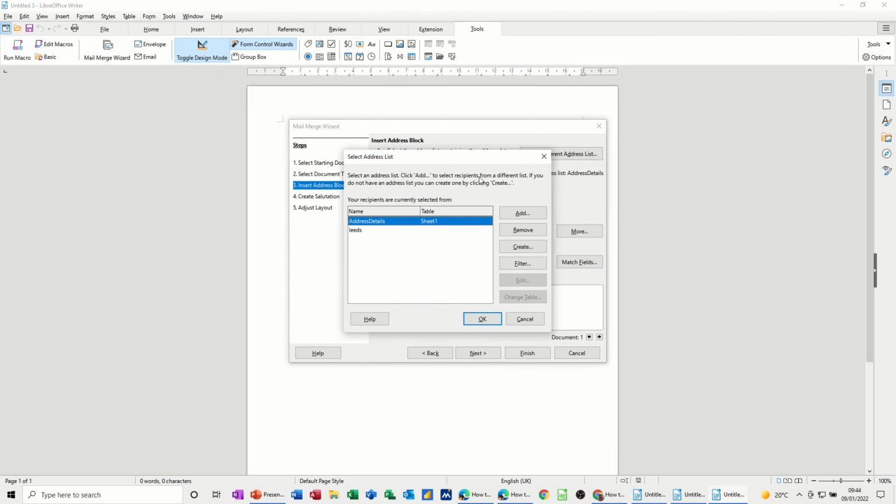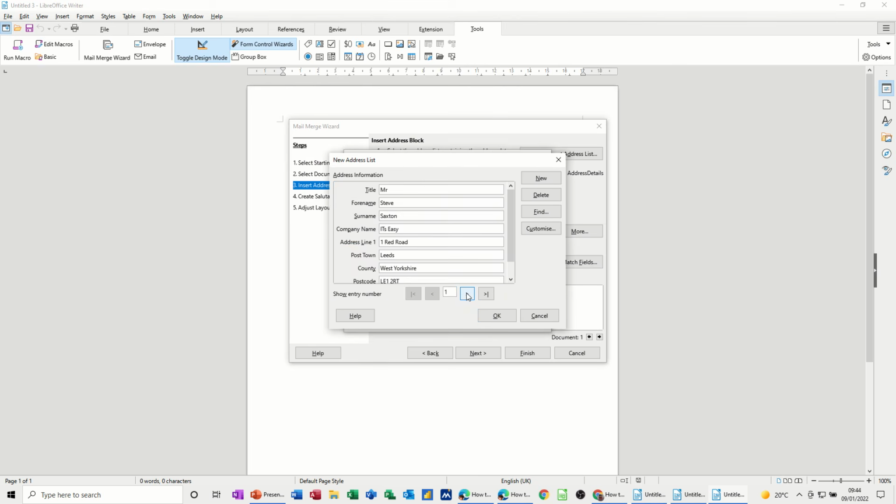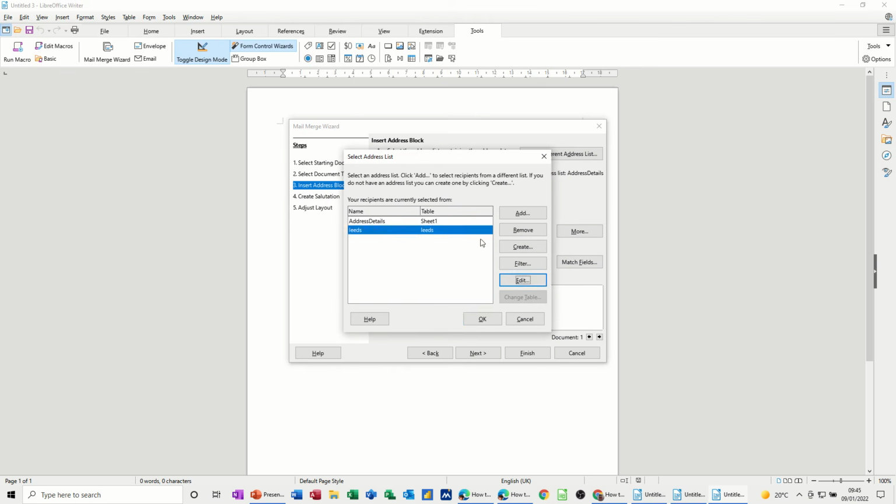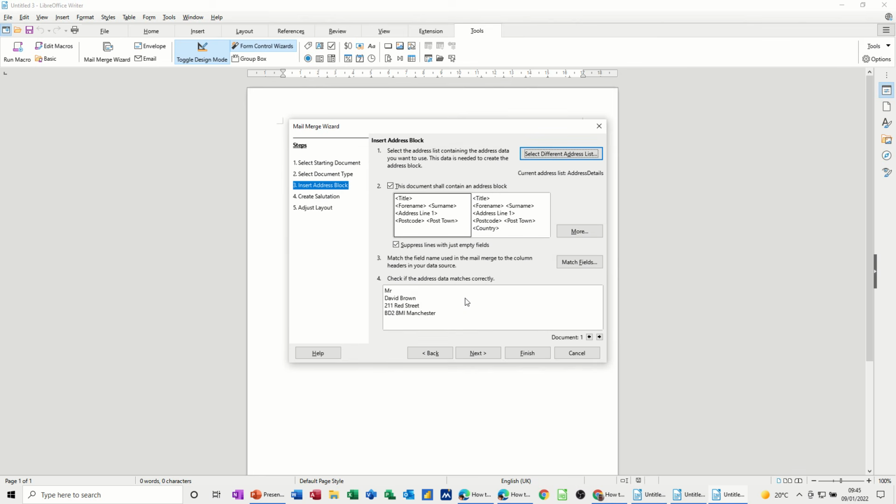So if I go into that, there's the data source I just did, there's the first one I did, and if you want to edit that to add extra people, new person, so it's only got 2 people in, you can do. And this one is coming from an external source, so it's in a spreadsheet source. You can't edit that here, but that will increase if you added something in Calc to that address list, it would pick it up. So that's all I want to talk about in this little session, so hopefully that was